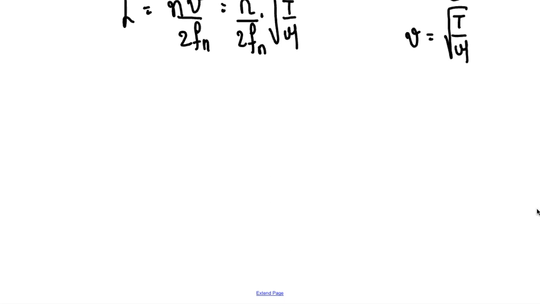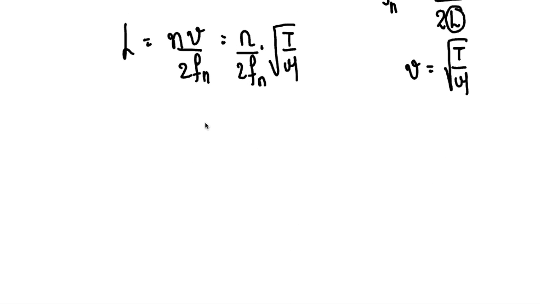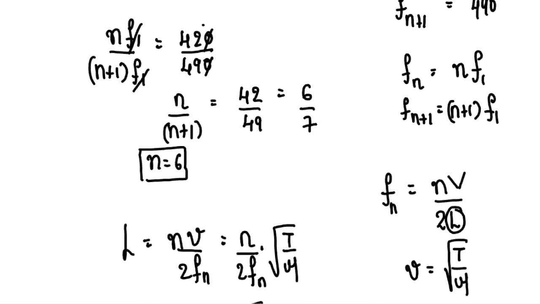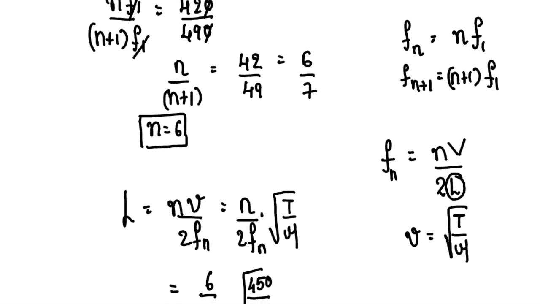Now substituting all the values, I'll take n equal to 6 upon 2 into 420 hertz into root of tension, which is given as 450, upon mu, which is given as 0.05 gram per centimeter, that is equal to